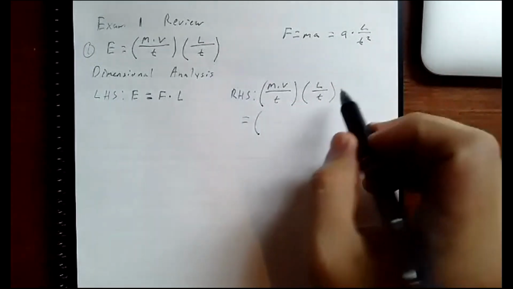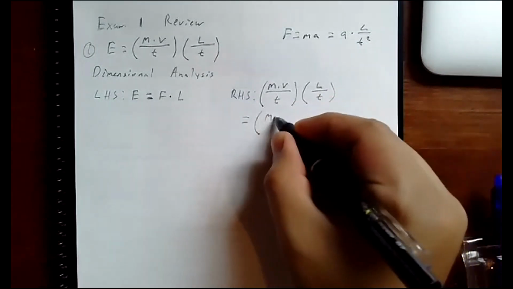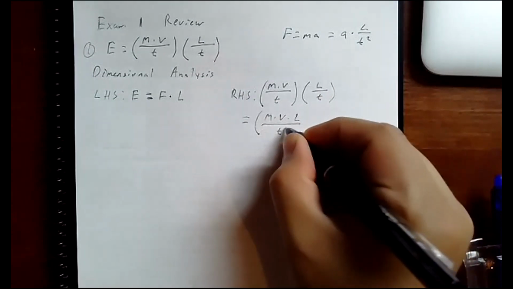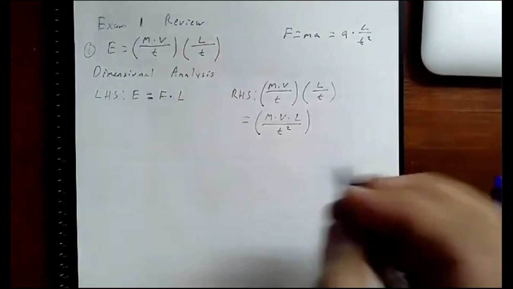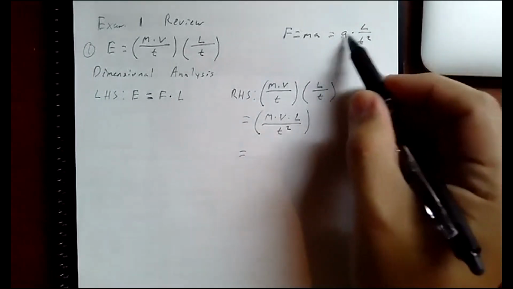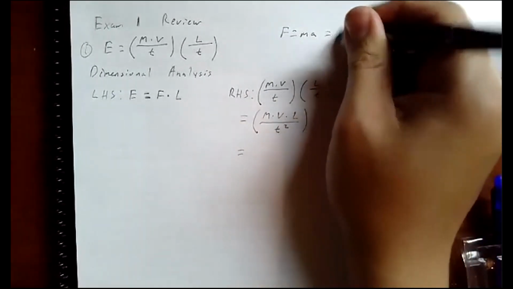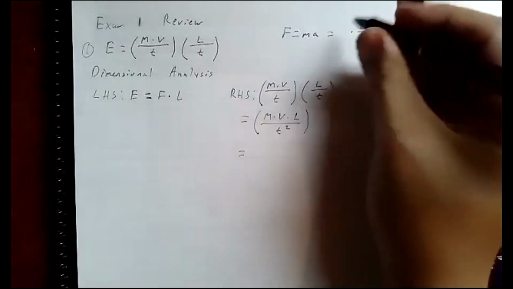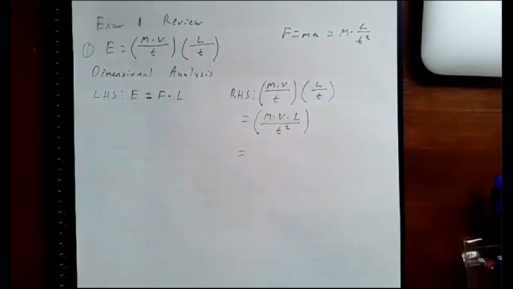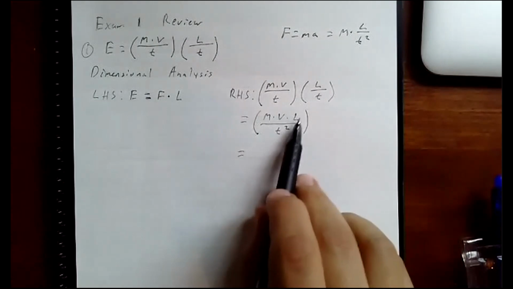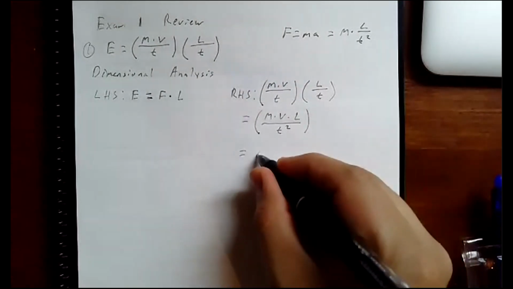Okay, so this would be M times V times L over T squared, right? And then we know that A, oh shoot, I put A back so I better not. M. So we know that M L over T squared is going to be A, right? So we can just change that to